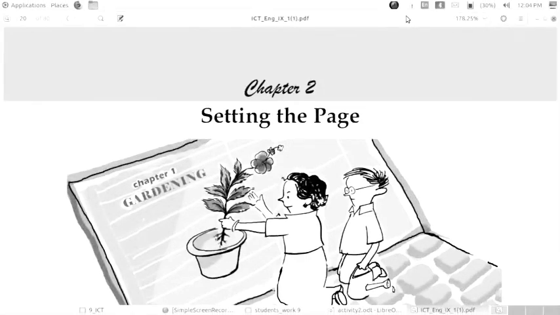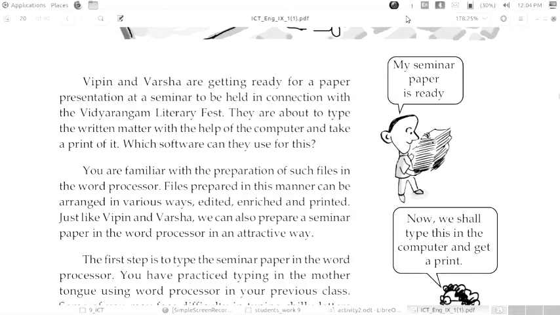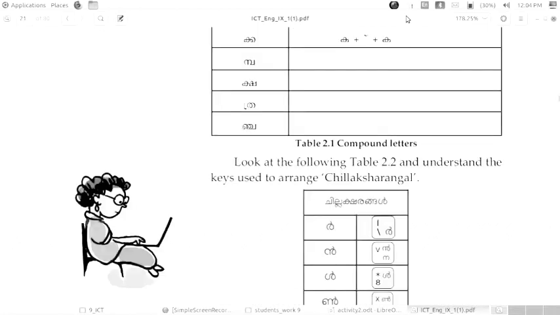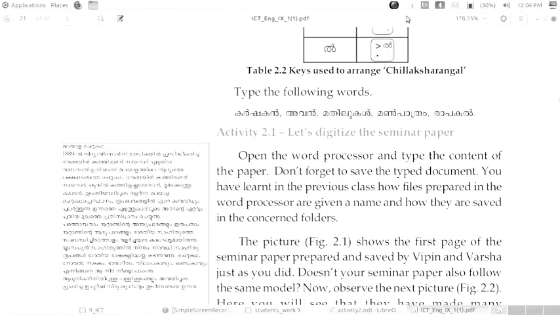Everyone, in the last class we have just started chapter 2, that is setting the page. In this you have prepared the seminar paper in the word processor software, right? Okay, so you have typed in the mother tongue and you are familiar with the compound letters, chillaksharangal, and you have done the assignments also. Okay,